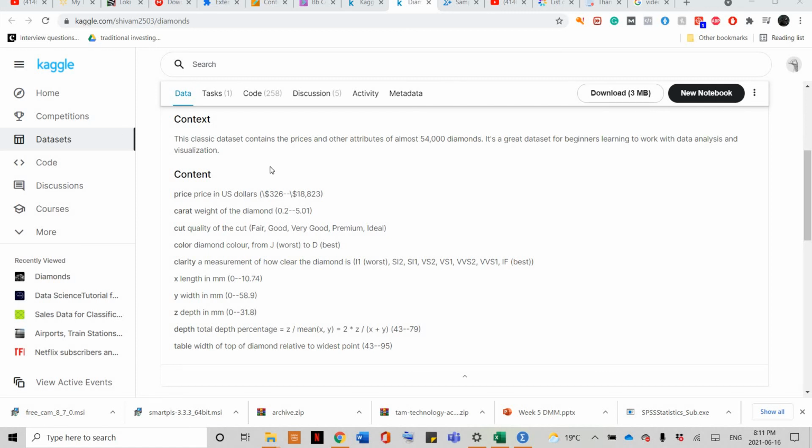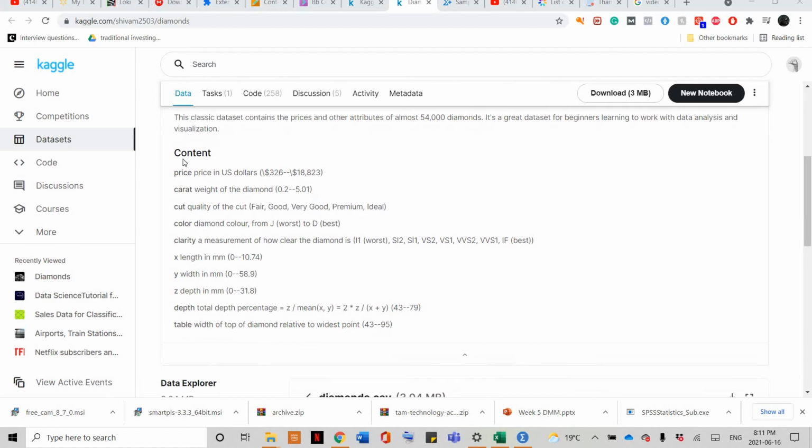For the purpose of doing regression analysis, I chose the data set from Kaggle. This data set is of diamonds and prices of diamonds. So the data set contains price in US dollars, carat of each diamond, cut quality, which is either fair, good, very good, premium, ideal, color ranging from J to D, J being the worst and D being the best, clarity,